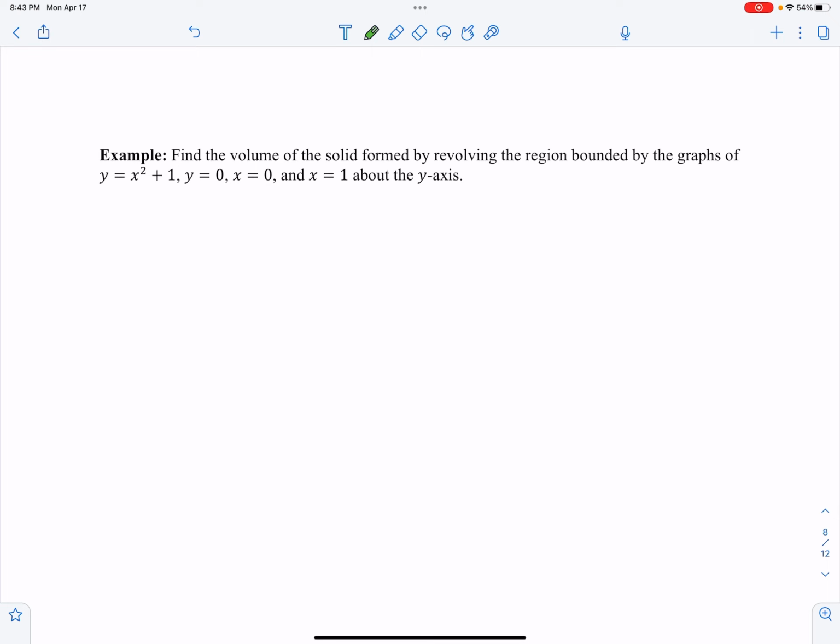Okay, so let's find the volume of the solid formed by revolving the region bounded by the graphs of y equals x squared plus 1, so it's x squared shifted up 1, y equals 0, and x equals 0. This is kind of an interesting region. So if we are shifting up 1,